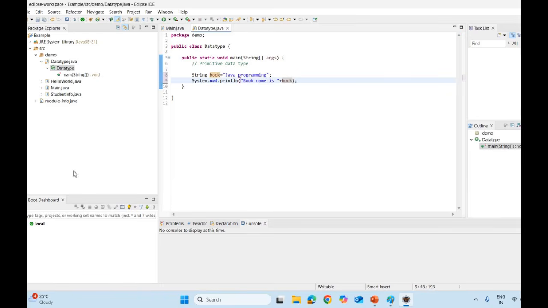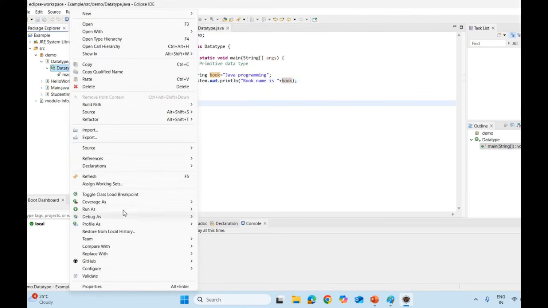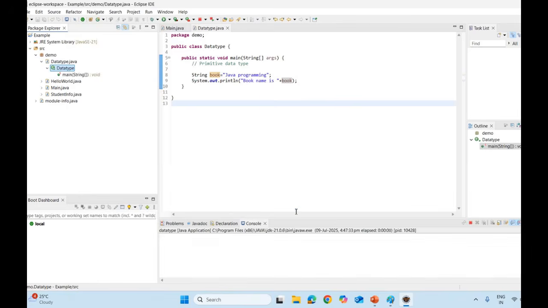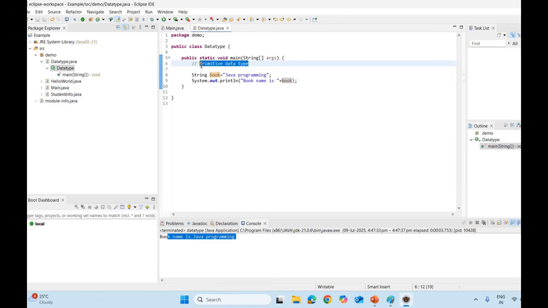I save it using Control S and run it. You can see it prints book name is Java Programming. So what happens internally? This is a reference data type: my book's address is stored in a variable named book, and I access the value using this variable book. In this way, understand the concept of